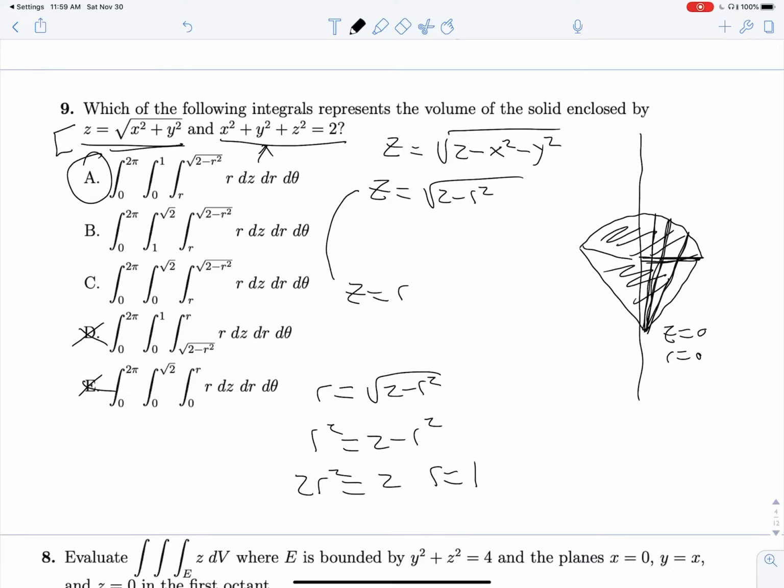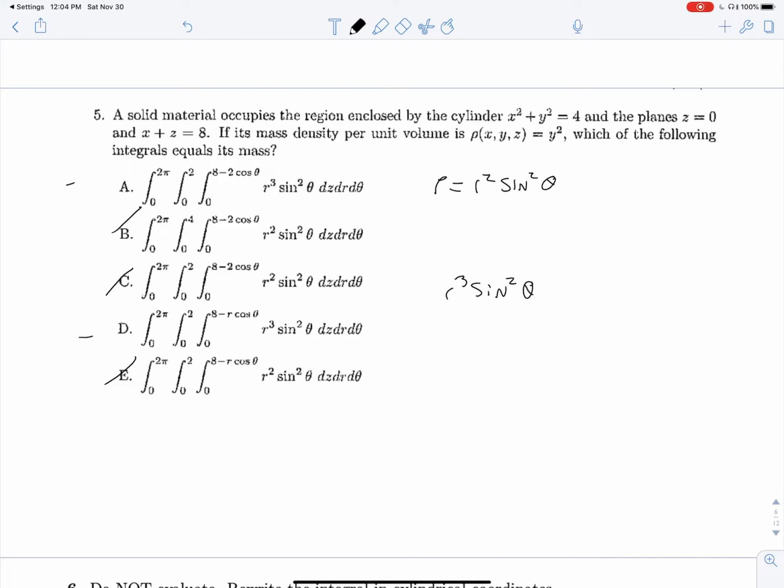Okay, moving on, we're told that a solid material occupies the region enclosed by the cylinder of radius 2 and some planes. And we're given its density, which is y squared, and we're told to find an integral that equals its mass. We know that we can convert this density function into cylindrical coordinates. This will just be r squared sine squared theta. And in our integral already, there'll be sitting an r. So our integrand is going to be r cubed sine squared theta, which we can look for. And we see that in only A and C,